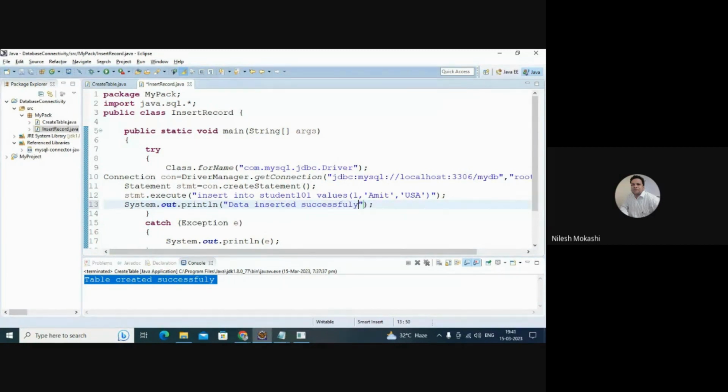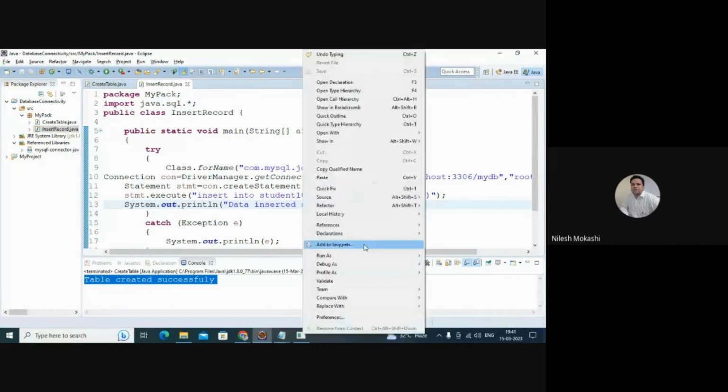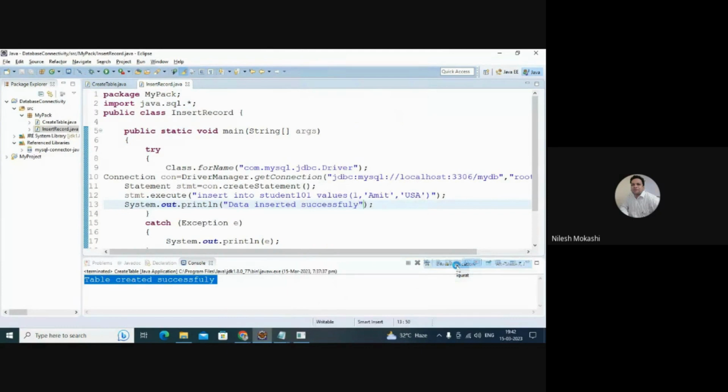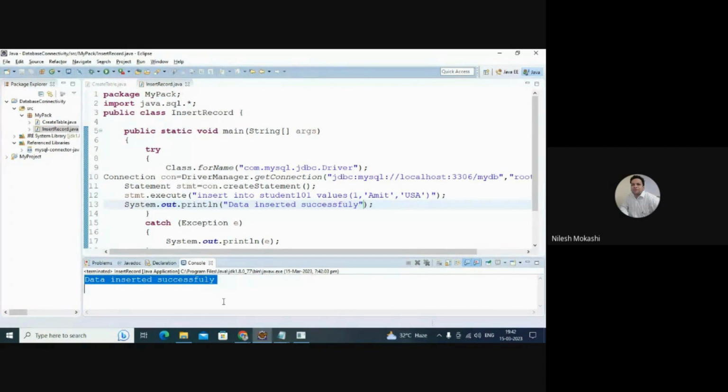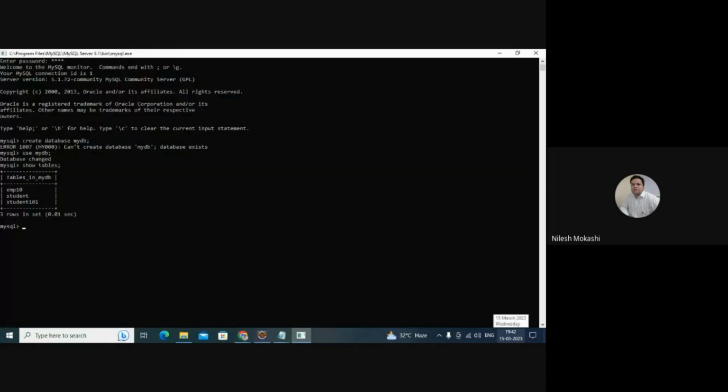Now execute it. Just right click here and say Run as Java application. Now you will get the acknowledgement: data inserted successfully. See here, our program is correct. No errors are there. Now you can go to the database and fire a query called select